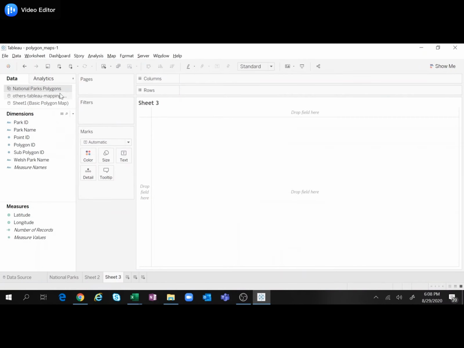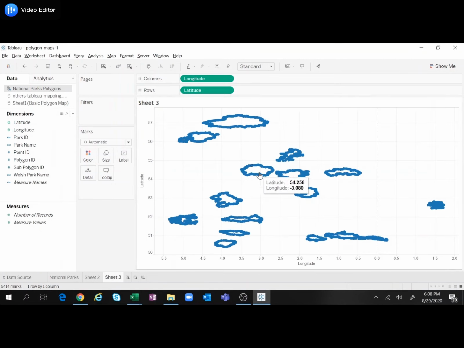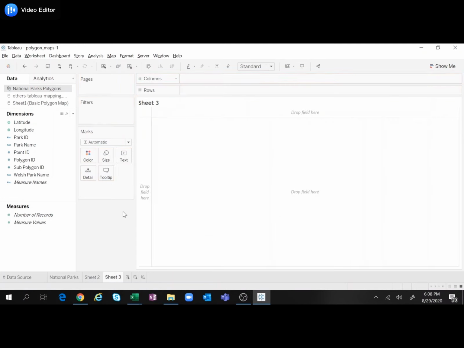Sheet 3. I already have this data source loaded. So first we'll take latitude and longitude to dimensions. As you can see, it is not showing very properly, and the reason is that the background map, none, is selected.